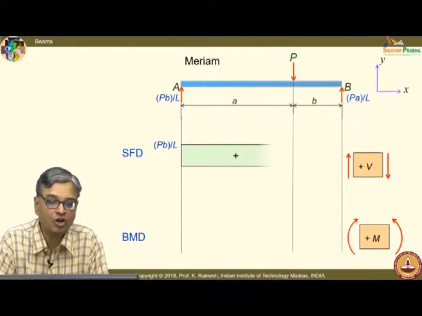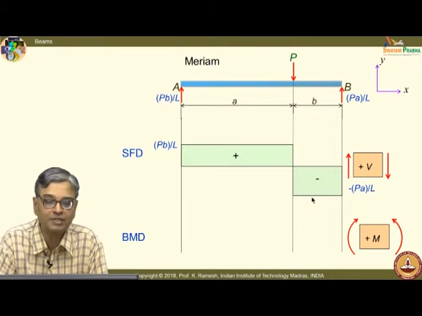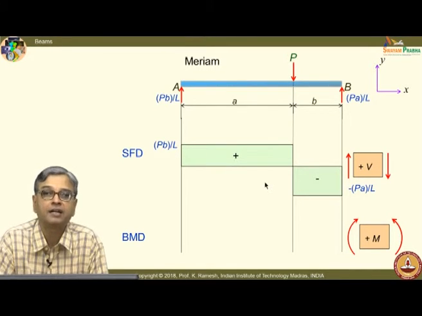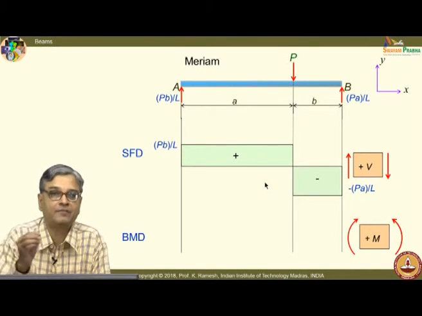And I also draw the shear force diagram in a particular fashion from left to right. You would see the reason a little while later. It remains constant in this segment and it remains constant in this segment, and it switches from positive to negative, it crosses 0 here. And you should label the key points, you should label the values.